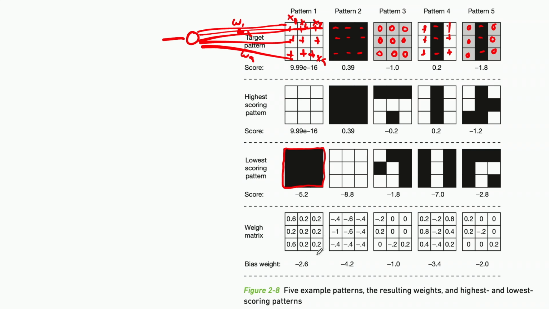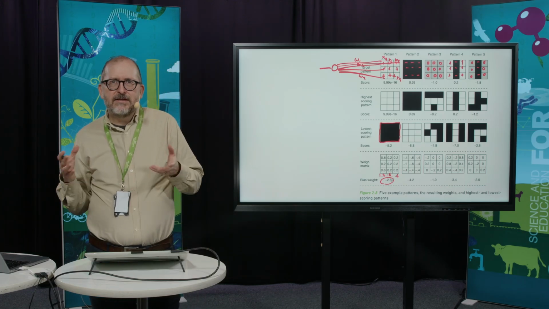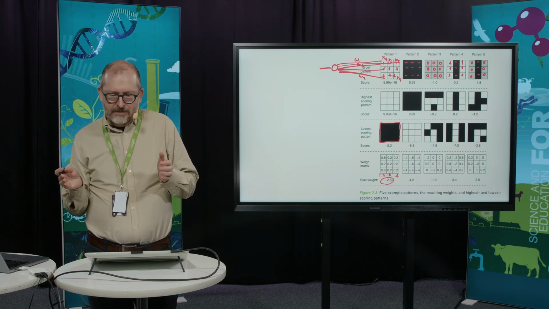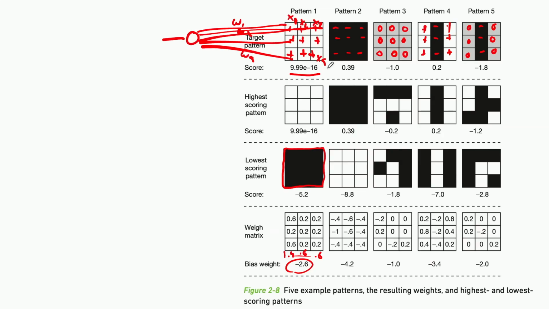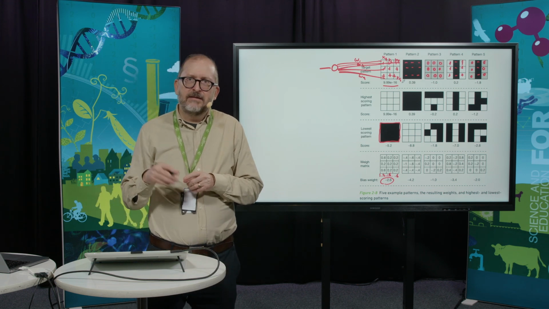So let's just do that. You get 0.6 in this column and 0.6 here, and then 1.4. So 2.6. So these add up to 2.6 for the target when you're looking at the target pattern, and their bias weight is -2.6. So these two cancel out, and when you find a target, your result should be 0. Actually, here they said a very, very tiny number, which has to do with rounding and the machine epsilon,